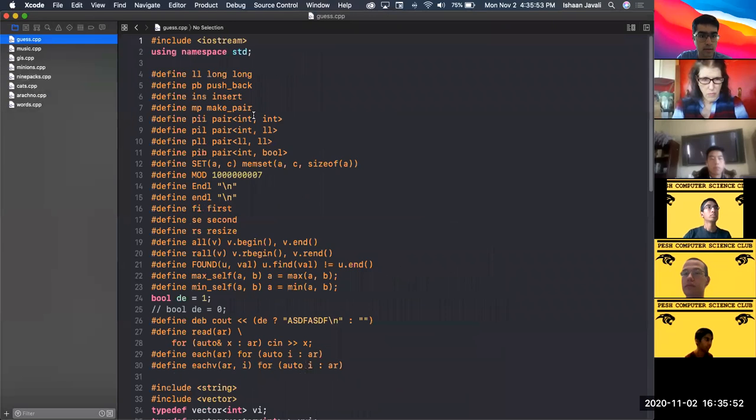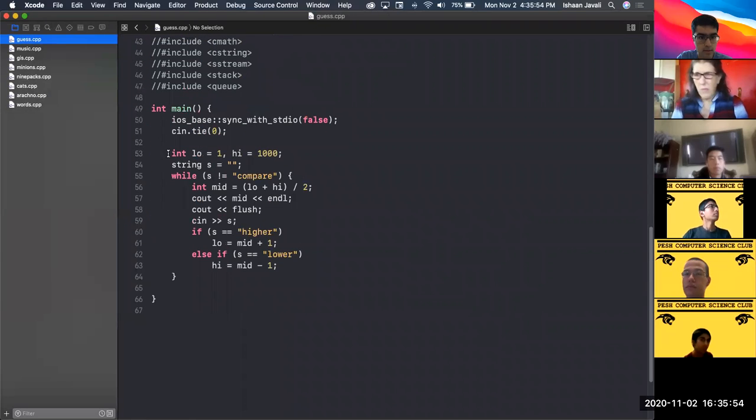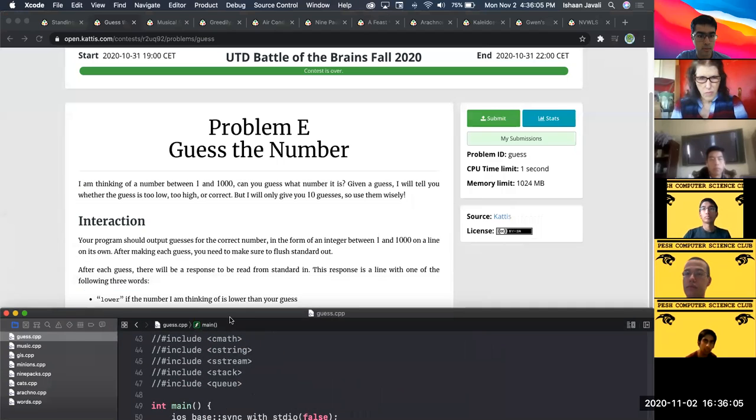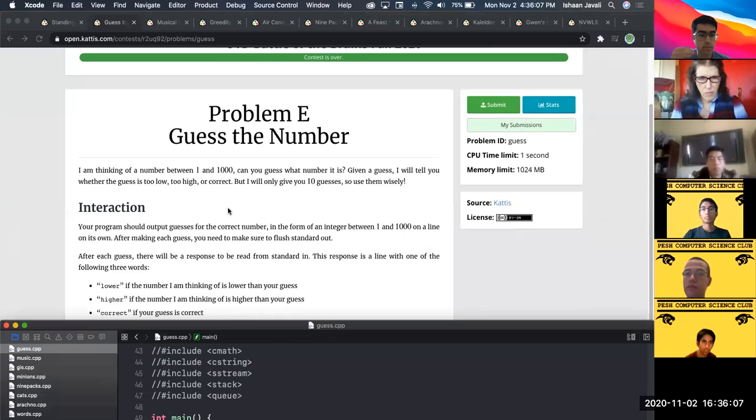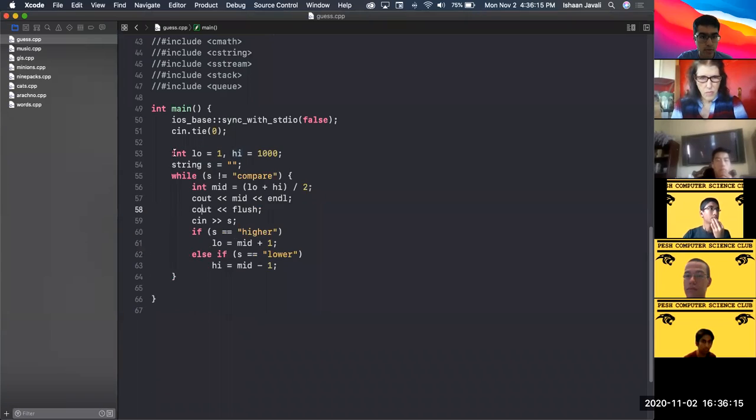So this is the guess the number problem, and this is what the solution will look like. This is what the binary search looks like. Basically, we have a variable that sets our lower bound, called low, and then we have our upper bound, which is high. In this problem, our program makes a guess, and then they tell us if their actual number is lower, higher, or correct. So that's why I have a string to read in